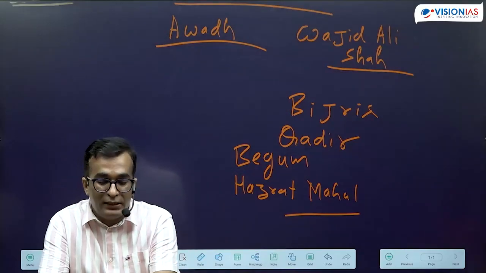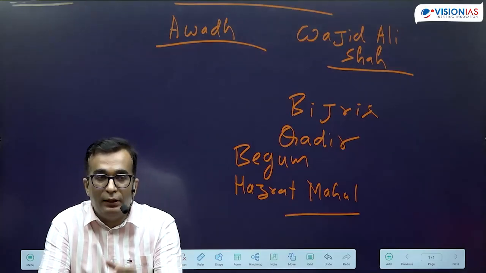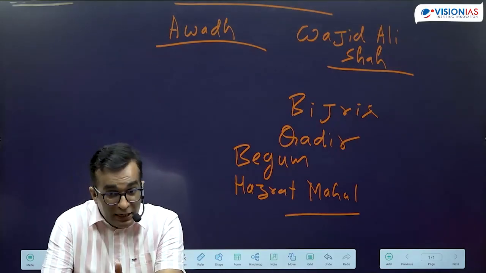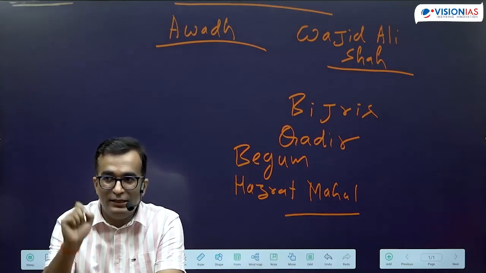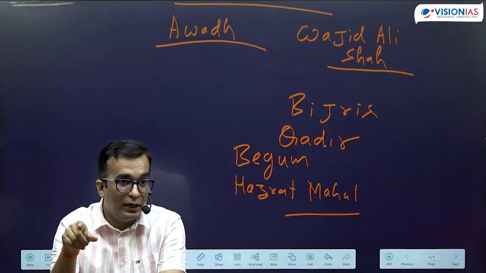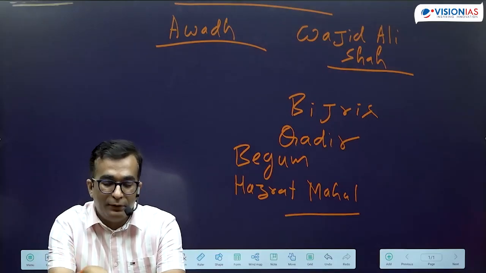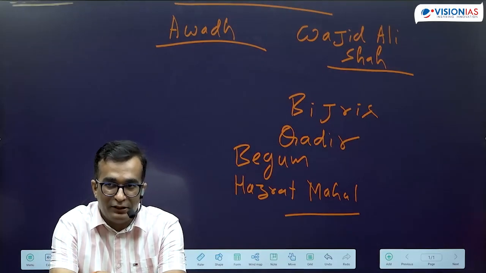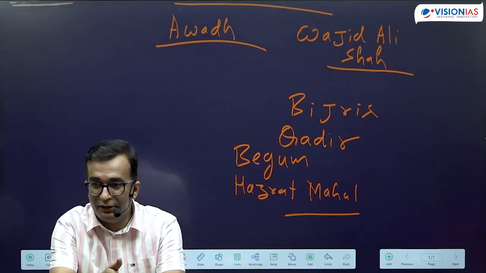So when it comes to Faizabad, in Faizabad the revolt was organized by Maulavi Ahmadullah. And as his name itself suggests, why was he offended? Rent-free estates. Okay? We wrote about the confiscation of rent-free estates, and those who were affected were Maulvis and ulemas. So Maulvi Ahmadullah's rent-free estate was confiscated by the British authority, and as such he was also fighting for the return of this rent-free estate.